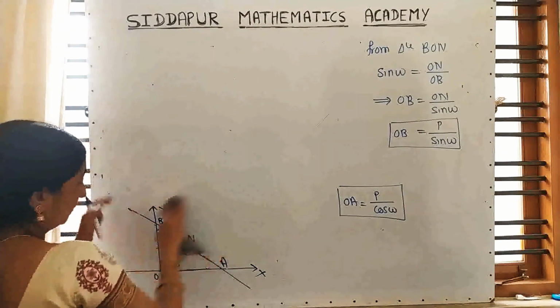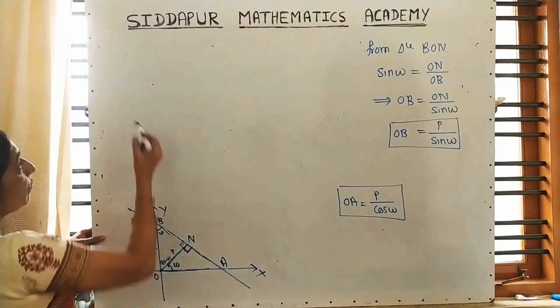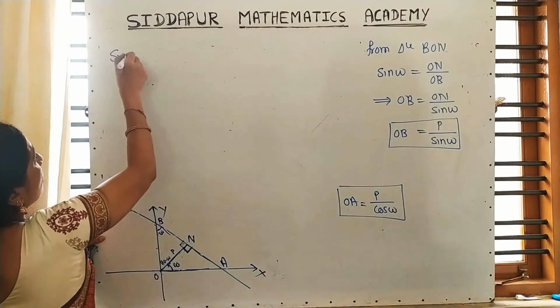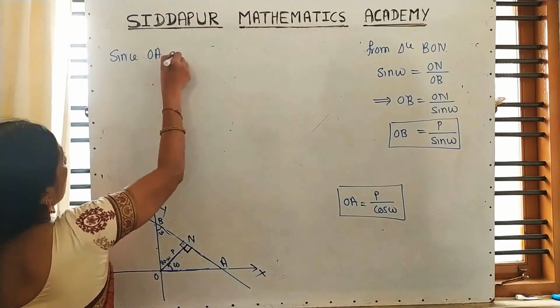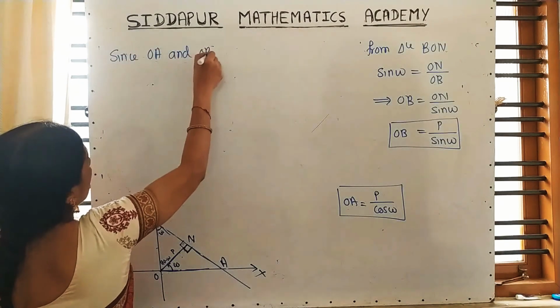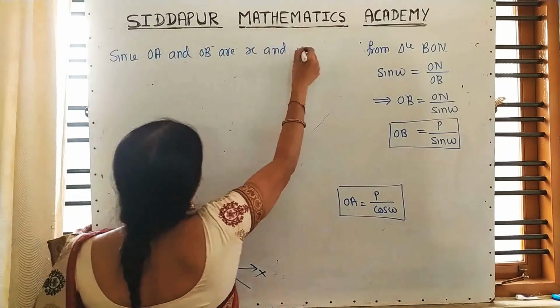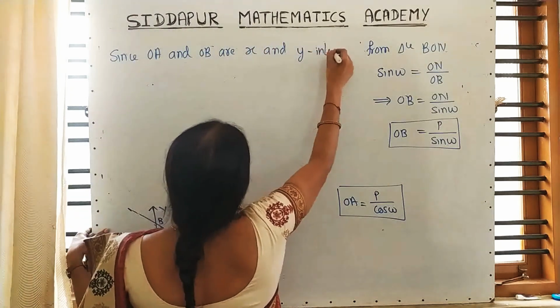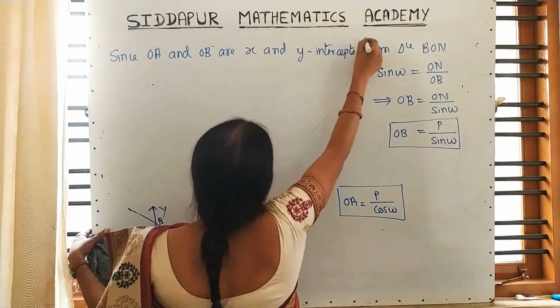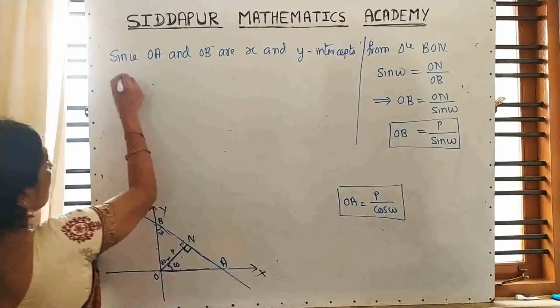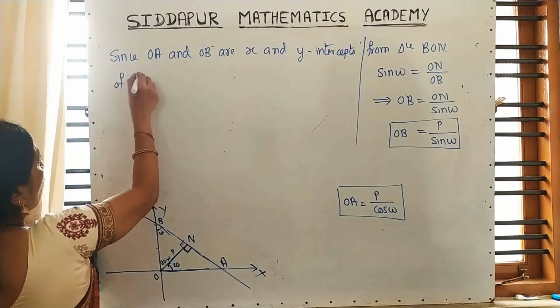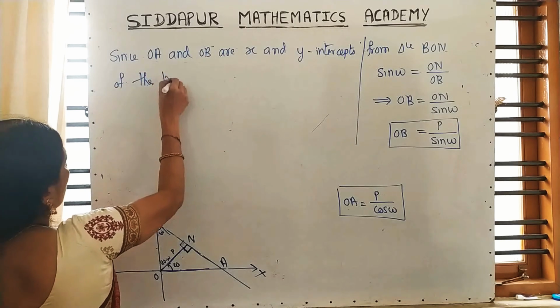Correct or not? Since OA and OB are the x and y intercepts of the line, therefore,